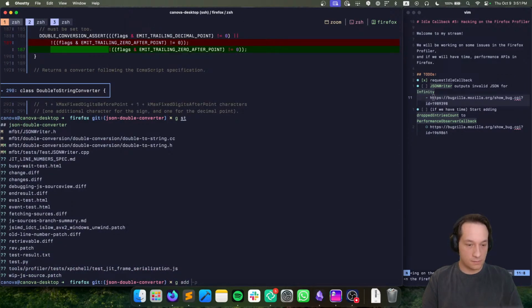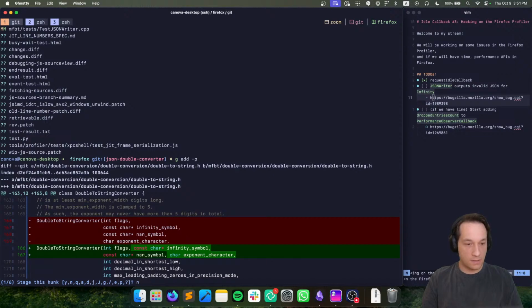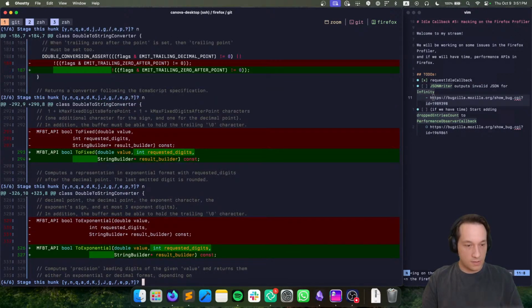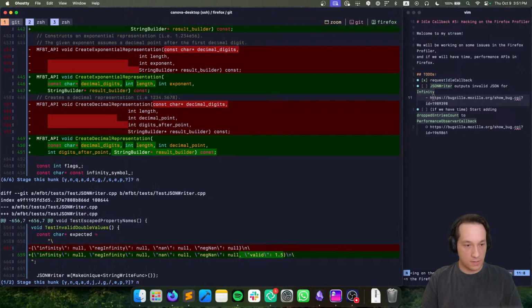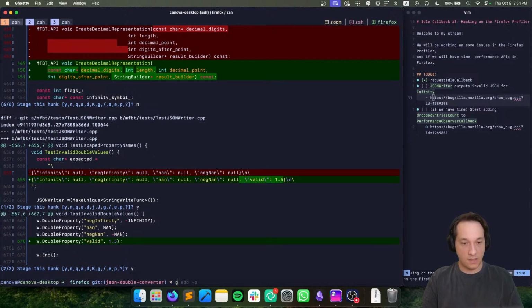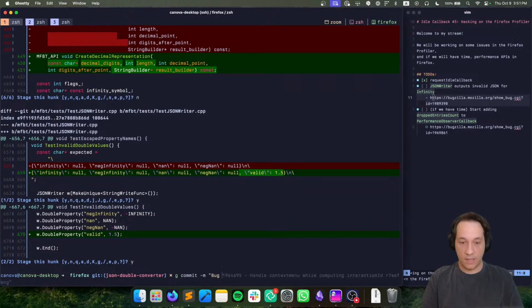Okay, let's add the things again. Not this one, not this one, not this one, not this one, not this one, not this one either. Yes to this, yes to this. And then we can commit this now. Oh no, wait, this right bug. So let's copy the bug number from here and paste it here. Bug: serialize the invalid double values correctly in